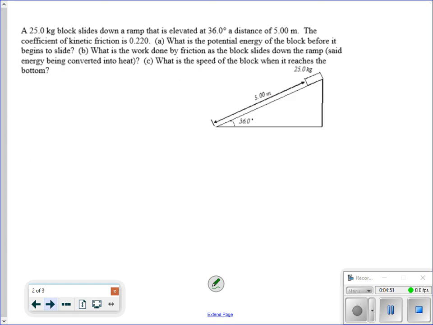Inclined plane, and we've got some friction. So there's a whole bunch of stuff here. All right, what is the potential energy of the block before it begins to slide? What is the work done by the friction and speed of the block when it reaches the bottom? Okay, let's do a quick LOL for this one. All right, so